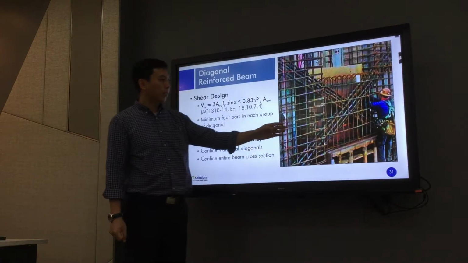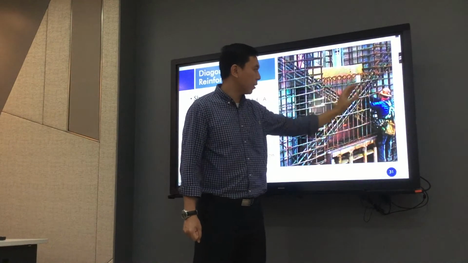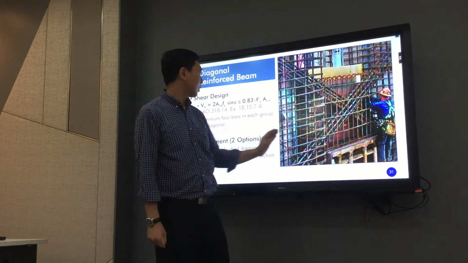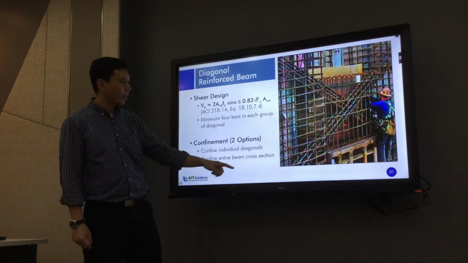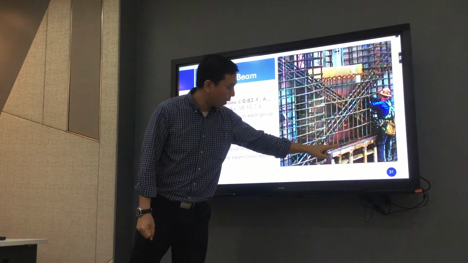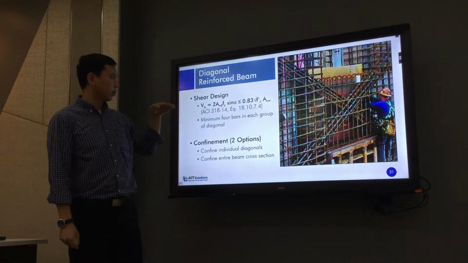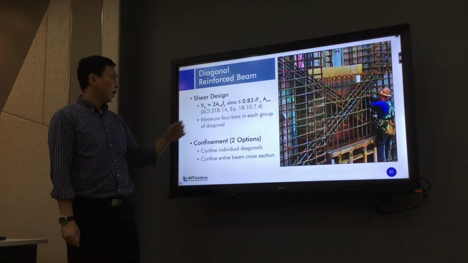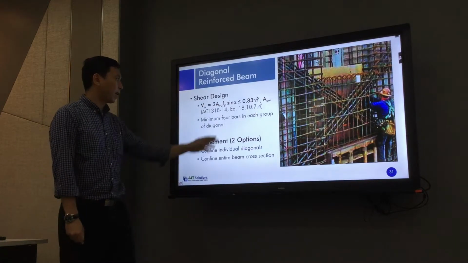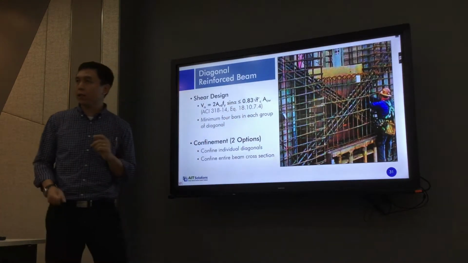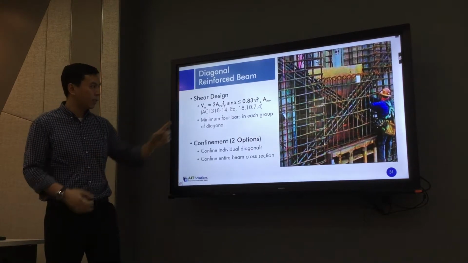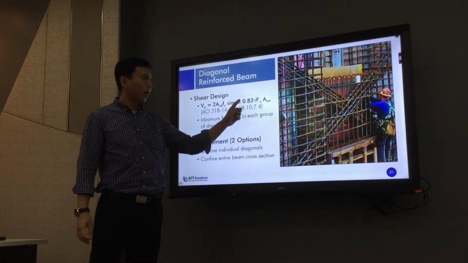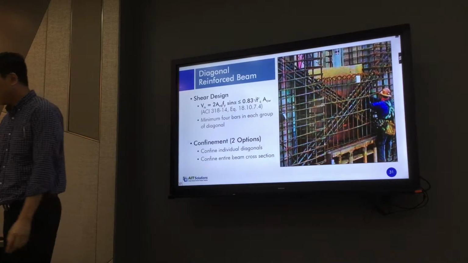For example, you bundle 6 bars in this diagonal reinforcement, use 6 bars area and Fy, and sine alpha, where alpha is the angle between this diagonal bar and the horizontal direction. And also you need to check the maximum shear capacity limit, like the shear walls, 0.83 square root of F prime C. If this stress check is not passed, you have to increase the